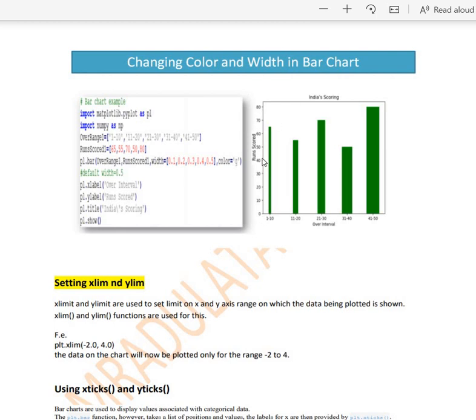For example, in this chart you can notice 0, 10, 20, 30, 40. So the beginning of the y limit value is 0 and the last value is like 80. This is about ylim, the limits used at the y-axis. Likewise, there can be limits at the x-axis also.